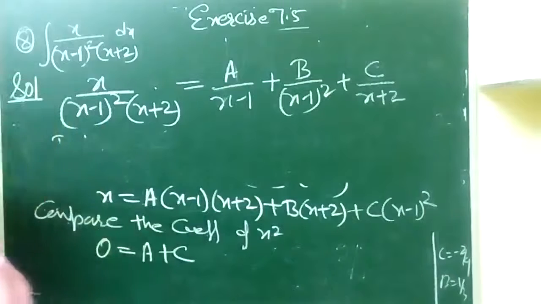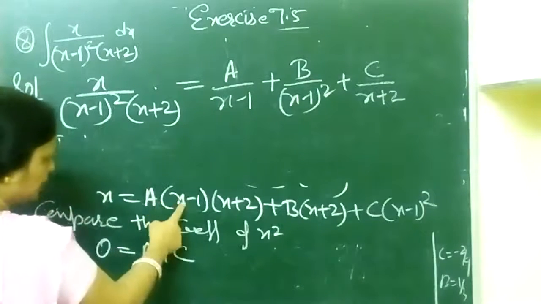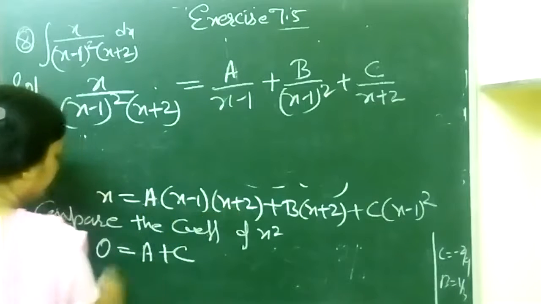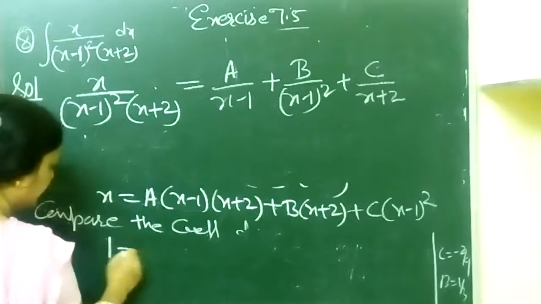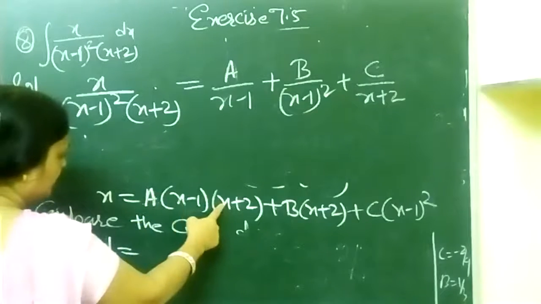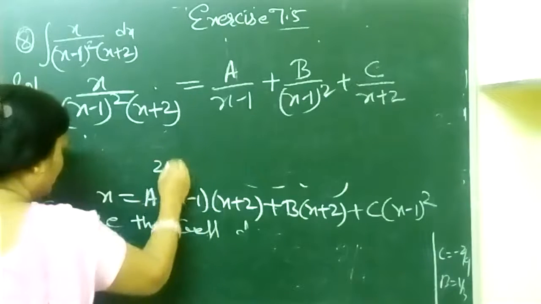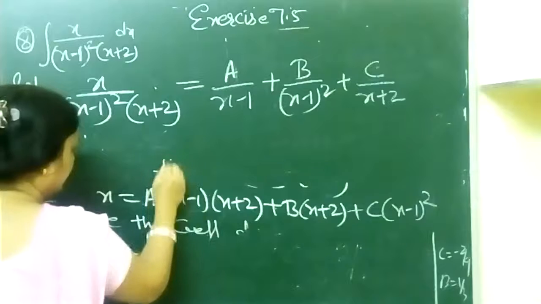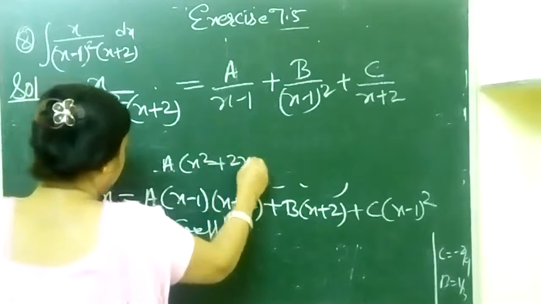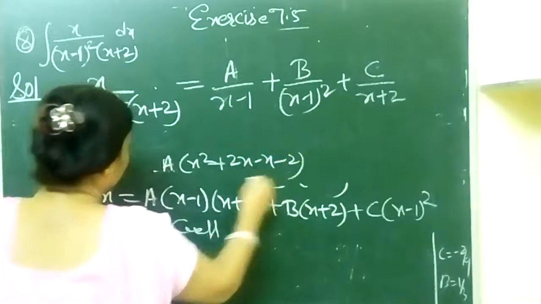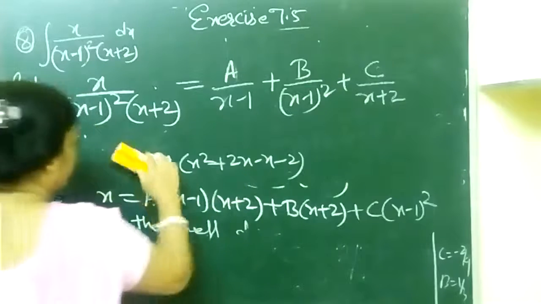So we are comparing the coefficients to find the value of ax square, then a2x. We will compare the coefficient of x. In x it will come 1, and here ax into x gives ax square, plus 2a after multiplying a into x square plus 2x minus x minus 2. So it will come minus plus x, so it will come a into x.